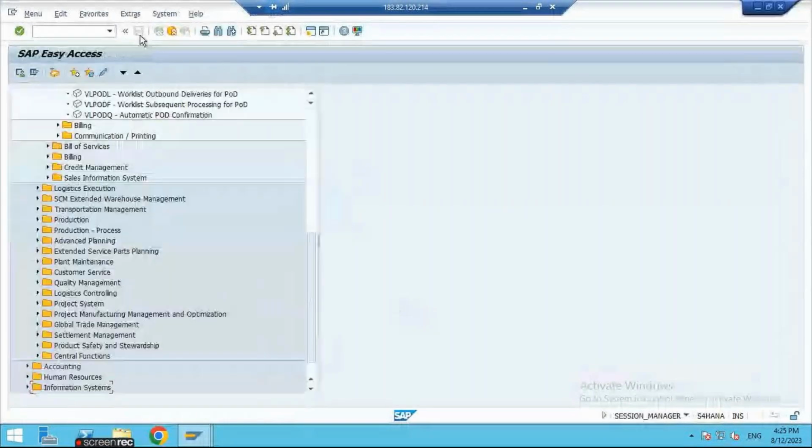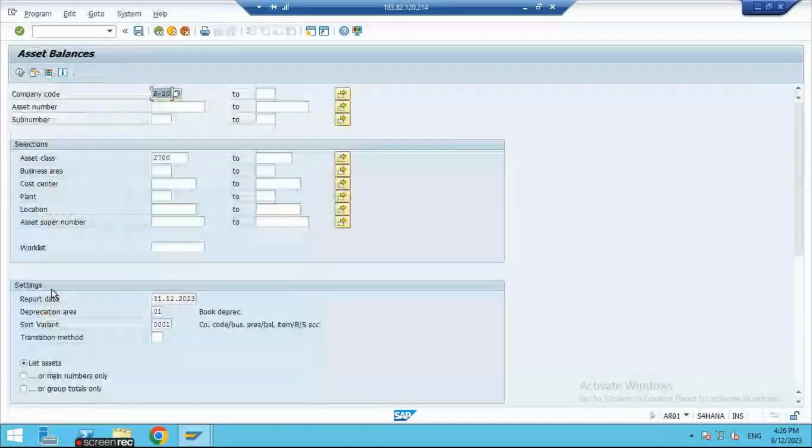So how can I purchase? Actually, I already created one more asset, if you remember. In the last video you can see I went to AR01. This is one of the reports with which we can see the asset balances. Here I mention this asset, my company code, and I want to get a report of this one. So if I execute this,